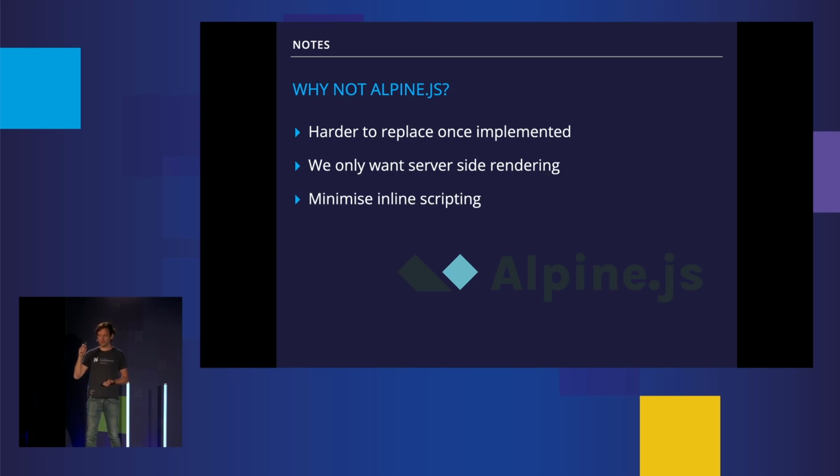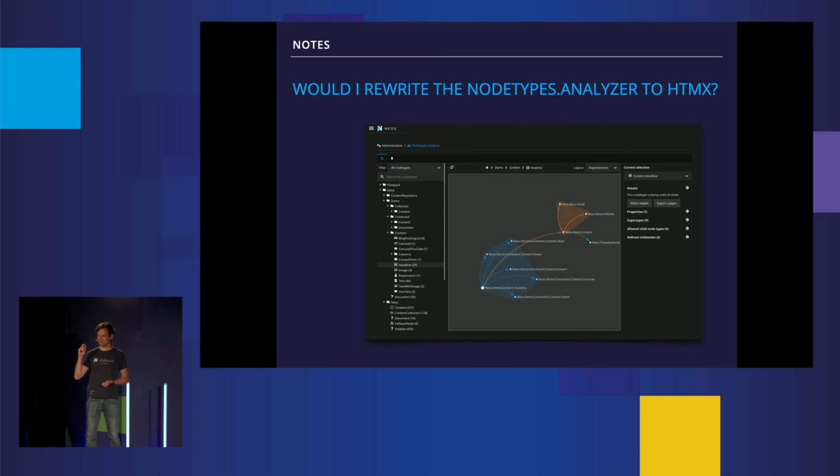Would I rewrite the node types analyzer from React to HTMX? You learned yesterday about it from Sandstorm while they updated it here for Neos 9 live, basically. Thanks Sandstorm for that, because afterwards I took this pull request and finished it up, and it's now Neos 9 ready. I would rewrite it to HTMX if I have at some point too much time, because here you have a